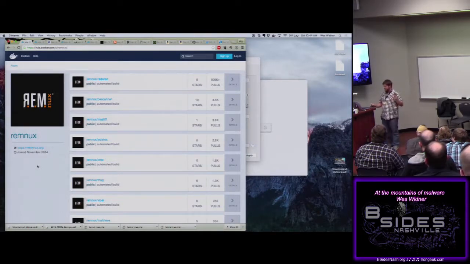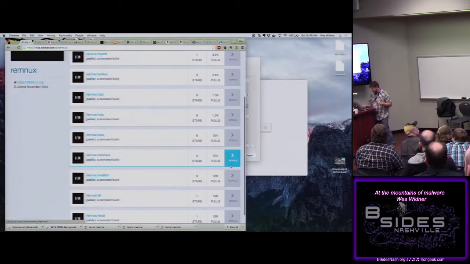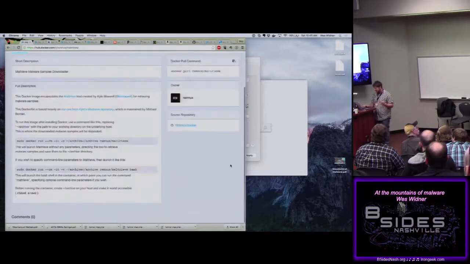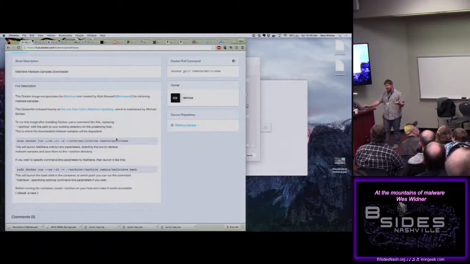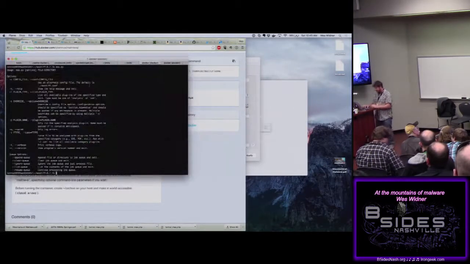Once you get there, Remnux has several different containers that you can use. Two of them in particular, when it comes to sources, are Maltrieve, down here. Maltrieve actually has a list of sources inside of it that are actively updated by a community. And these are all free sources. You can just run it, and it'll go and grab all these pieces of actively malicious malware on live URLs. What that looks like, to give you an idea,